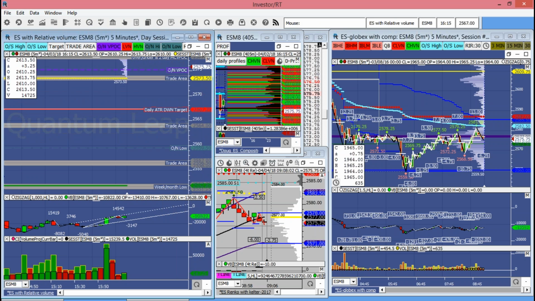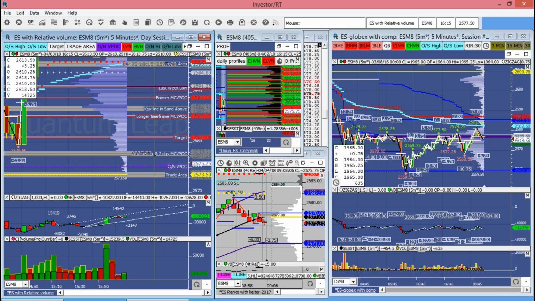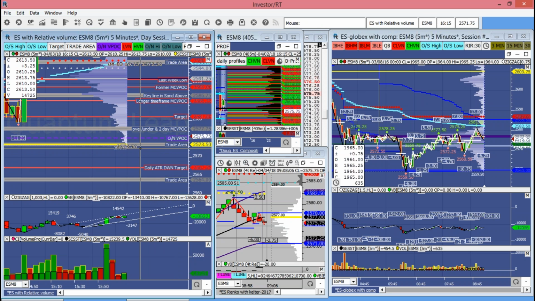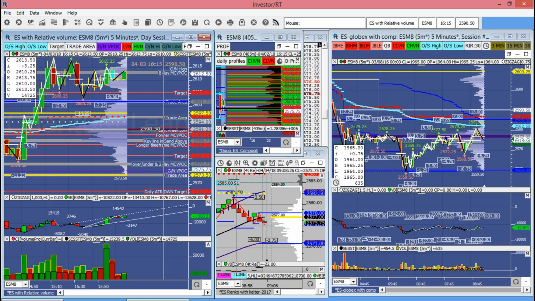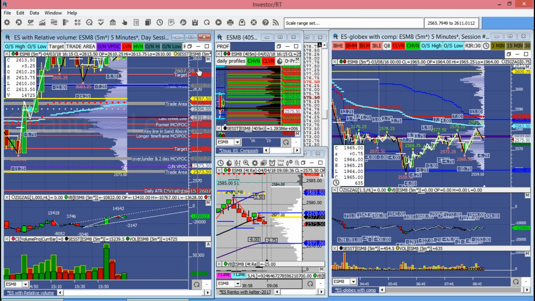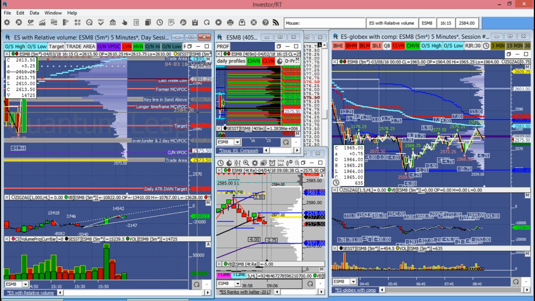That is hypo 3. Hypo 4 is an open auction, failure to take out the overnight low, somewhere between 73 and 67. I'm looking for a false break below the prior day. Buyers step in and stay on it and rotate us up into the 91 area, chop in this distribution, and then push up again to challenge the 2600 and come up and take out that overnight high. It's a low probability, but we've been seeing a lot of low probabilities.